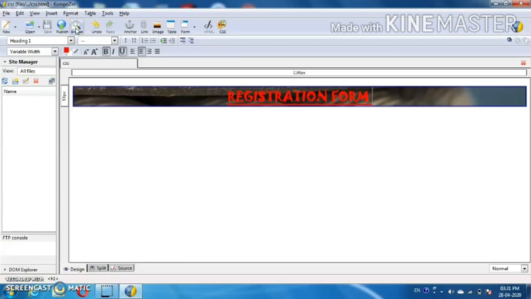Now Control plus S to save. I'm going to save it. Now if you want to see how your web page will look with your CSS, click on the browse option, which is in your menu bar.